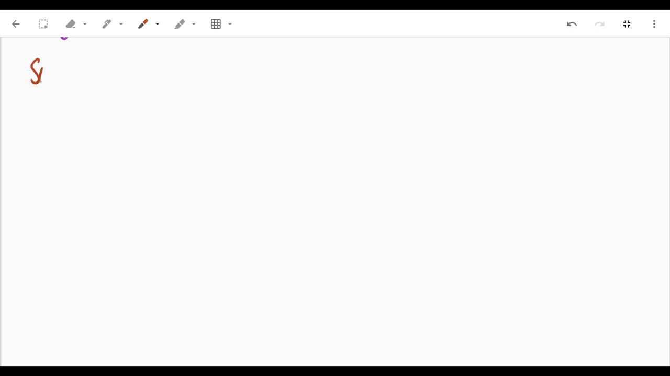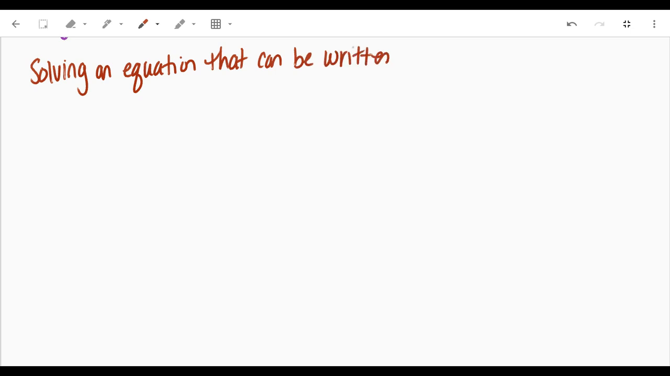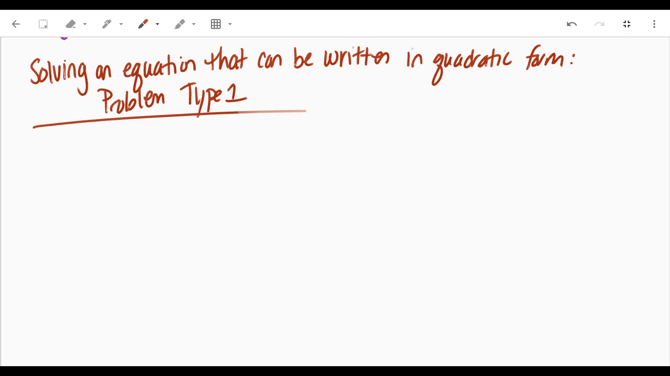The next one is solving an equation that can be written in quadratic form. And this is problem type 1. This one is going to look a little bit scary, but it's not too bad. So an example in this one is we have x to the 4th minus 37x squared plus 36 equals